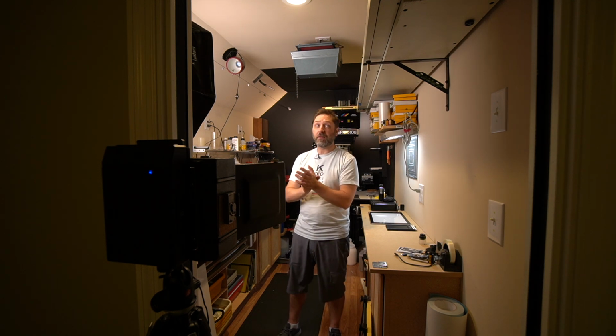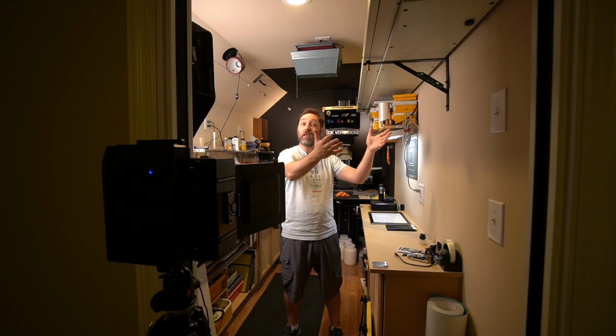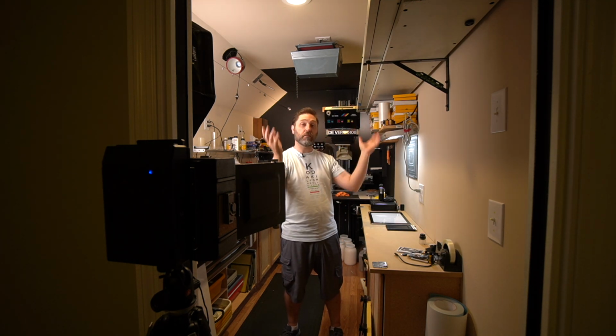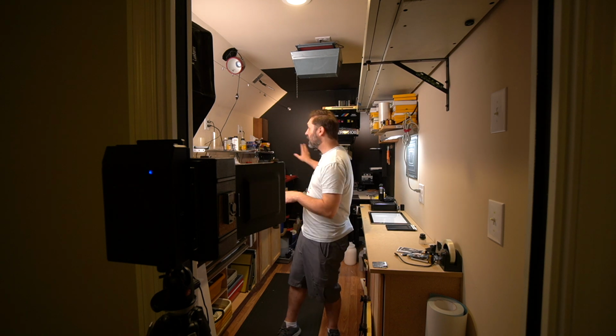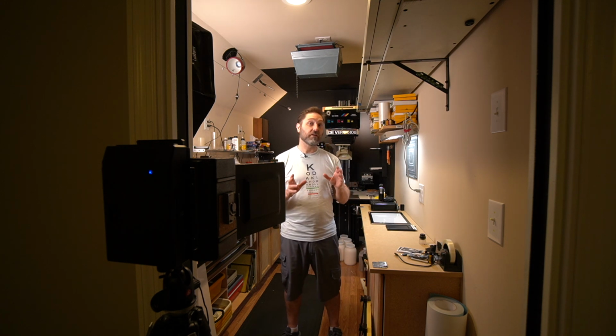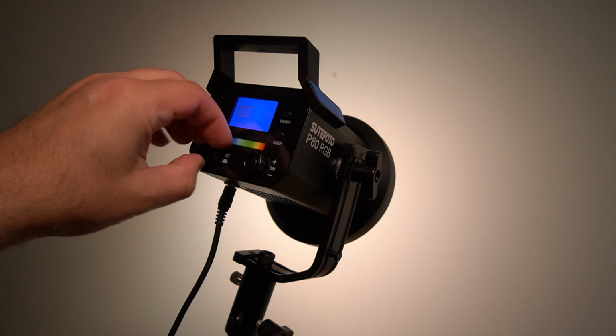A little bit about the lighting. Normally for a video, I would have an LED panel sitting right here with a softbox. Of course, that's going to be in the way, so we can't shoot that. And they're not bright enough. It would not light up where I'd be standing by the enlarger. So I'm not going to use an LED panel, and the ceiling lights are not going to be bright enough either. So what I'm going to be using is a Pseudophoto P80